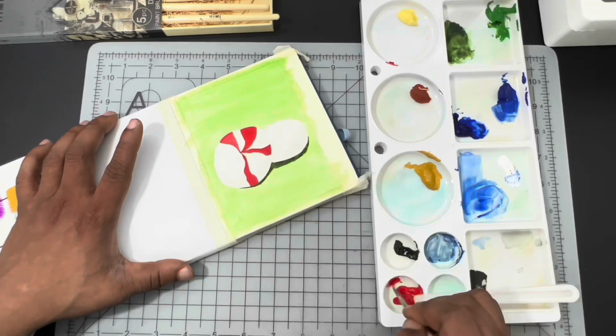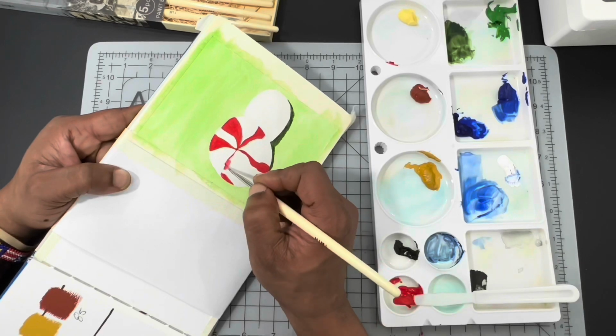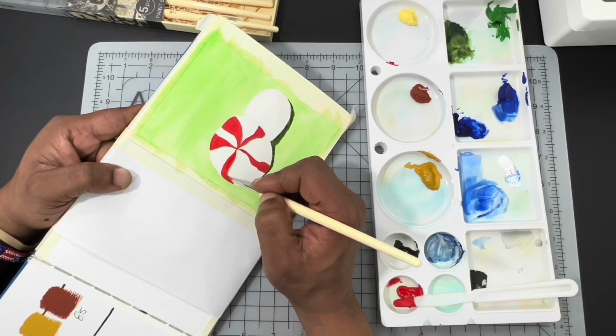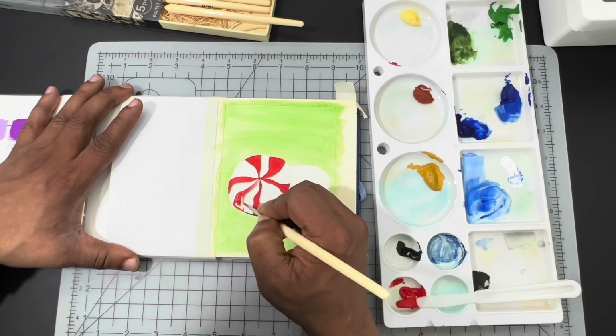And you guys know, lately I do that a lot. I start with the shadow. I don't know, I just think it helps me. I've said it before, I think it helps me with my midtones. So we've got the shadow, we've got the background, we've added dimension to the peppermint, and now I'm taking that